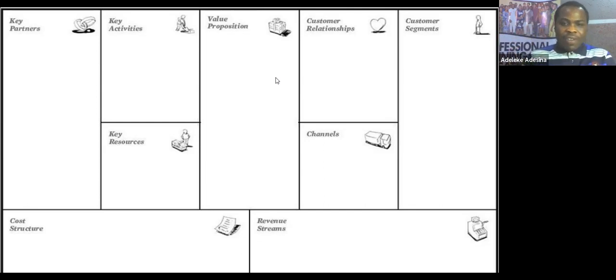So the next is the key resources. What are the key resources that you need for your business? Because key resources are important. Resources are the raw materials through which a business model runs. So resources can be physical resources. It could be a physical building. It could be art systems, maybe furniture, a laptop. Those could be resources. Resources can be knowledge or intellectual